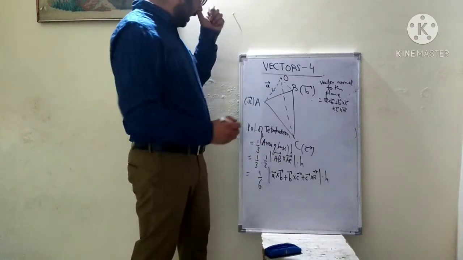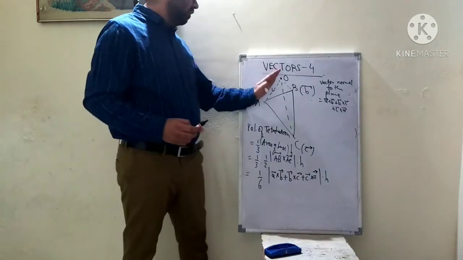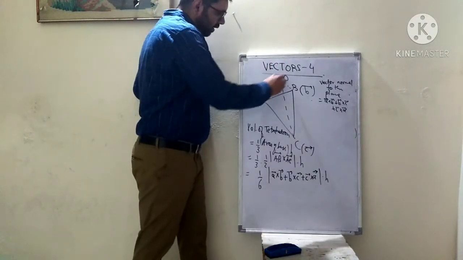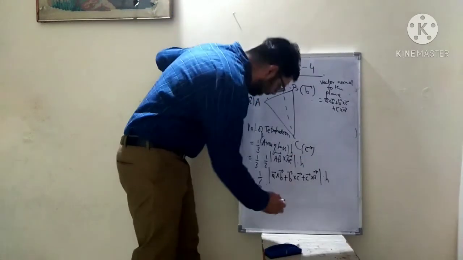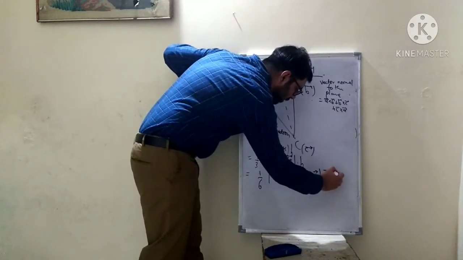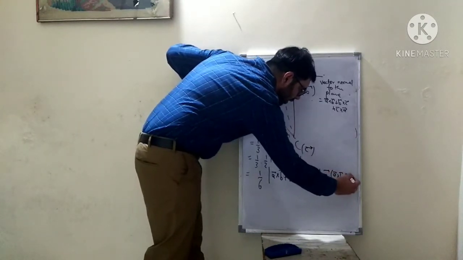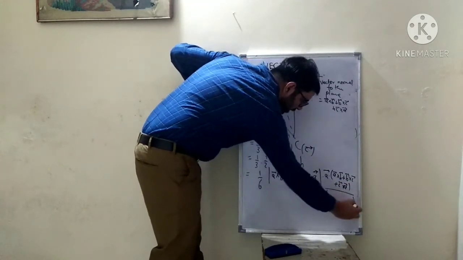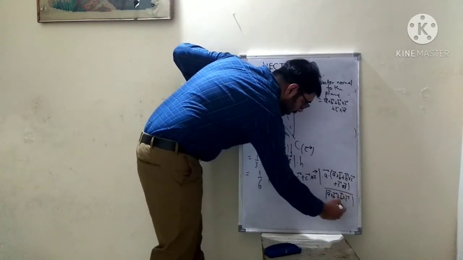So in order to calculate the height of this point O above the plane, we need to get the projection of this vector along the perpendicular. How do you calculate the projection of this edge along the perpendicular? We need to take the dot product with the perpendicular. So we need to take the dot product of A with the vector A cross B plus B cross C plus C cross A, and divide by the magnitude of this expression, A cross B plus B cross C plus C cross A.